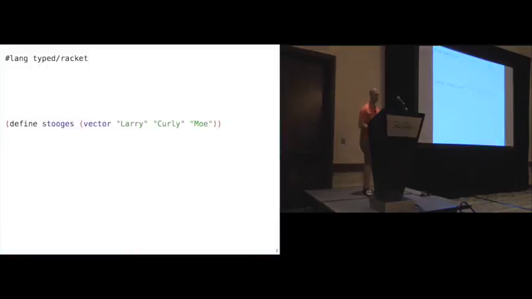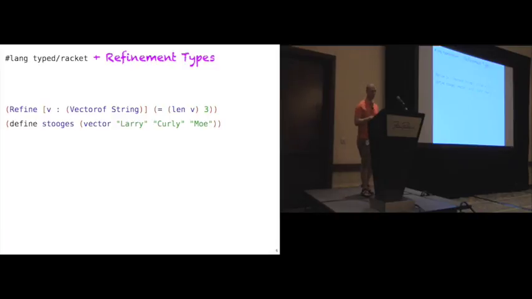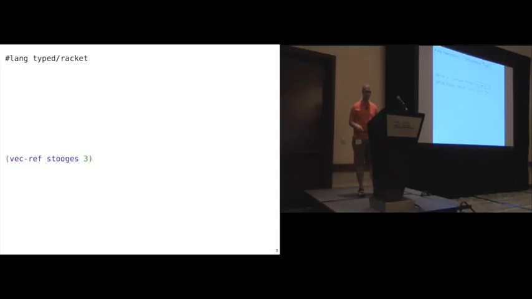And so diving into some examples, let's say we're looking at a vector of Stooges, right? And the type that Typed Racket today might give you to describe this value would be something like vector of string. And so that certainly is not the clearest picture you might be able to have. We can kind of enrich and clarify that, with length is equal to 3, with that refined type. Typed Racket today, if you made a little off by one error,